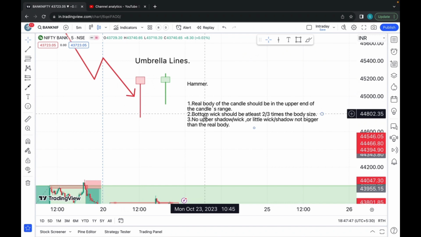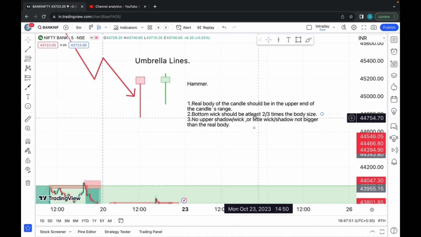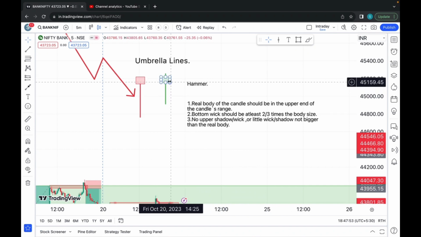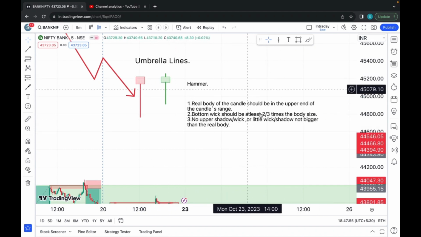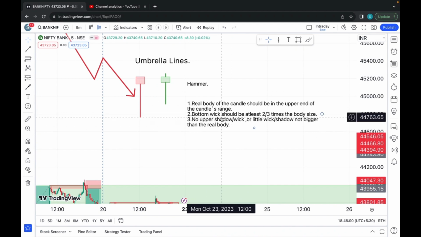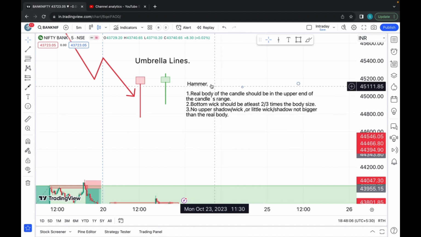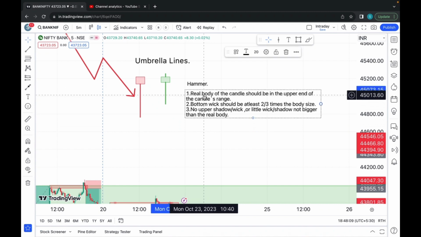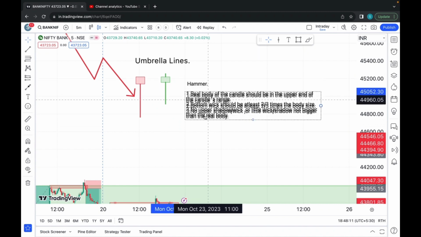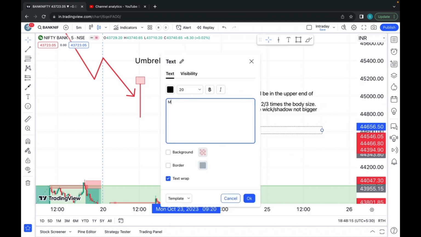Okay, and the last point is, no upper wick or shadow is bigger than the real body. So if any candle meets these three criteria, it can be called a hammer. Okay, and what is the rule in order to consider this as a hammer? It must appear